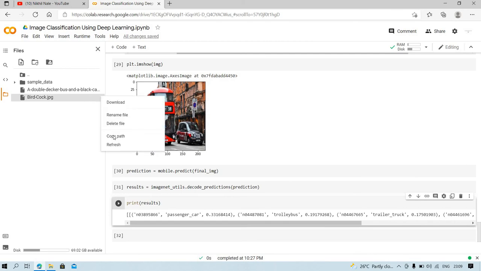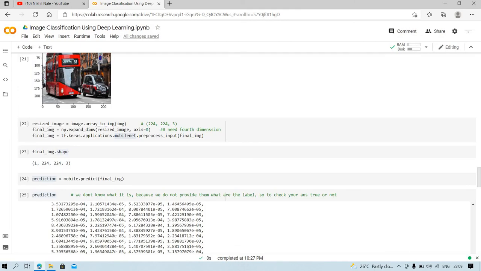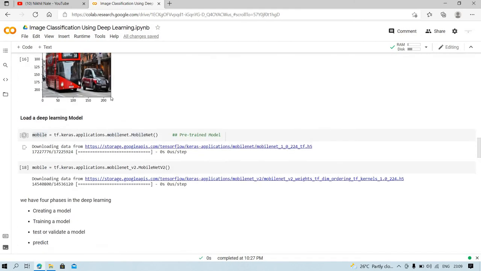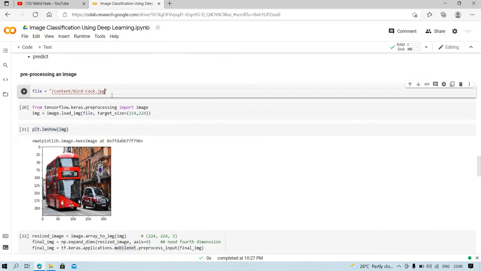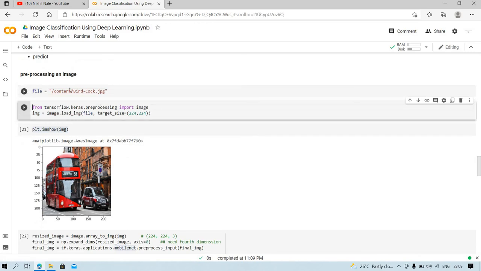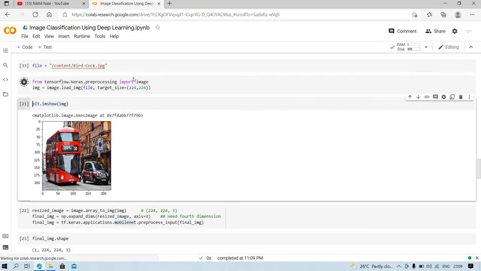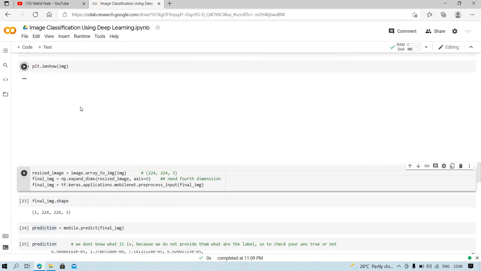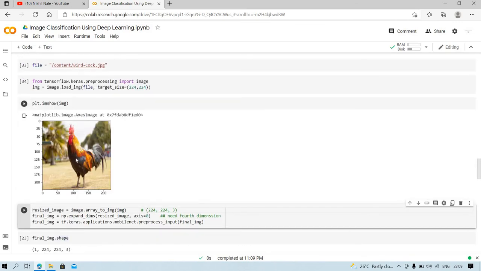After that, I will copy the path of the image and paste the path of the image here, and press shift and enter to execute this. Then again I will press shift and enter to execute this. You will see the image here. This is our cock image.